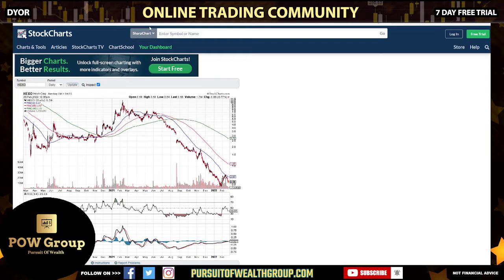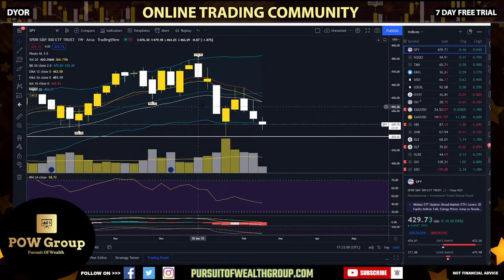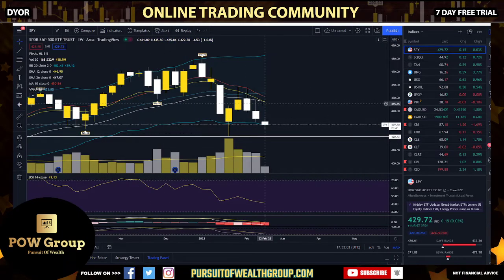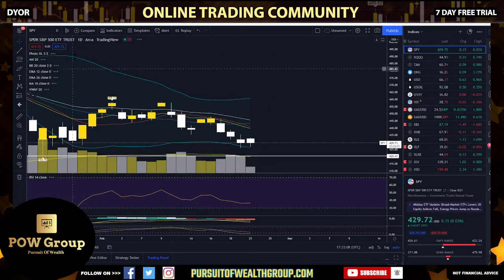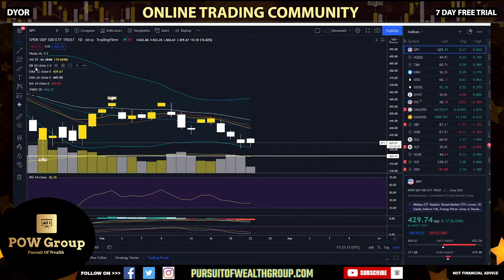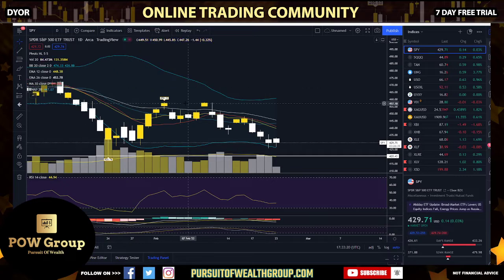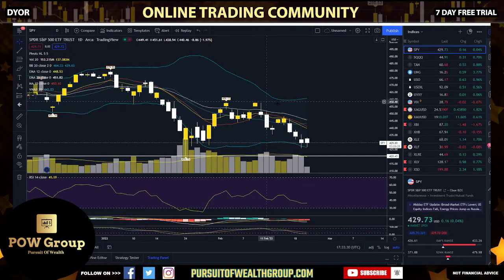Now let's move on to the SPY chart, because this is what spiked the question. So isn't it bearish if the EMAs, so we have the EMAs on the weekly time frame, we have the EMAs on the daily time frame. You can just go to indicators and then type in EMA and then it'll come up. But you can see here I have mine set to the 12 and 26 period. You can use the 4 and 8 period as well. That's generally for shorter term time frames. So if you're a swing trader or a scalp trader, you can use those shorter term EMAs. But personally, I'm more of a swing trader and investor, so I look at the longer term EMAs, the 12 and 26 I really like.